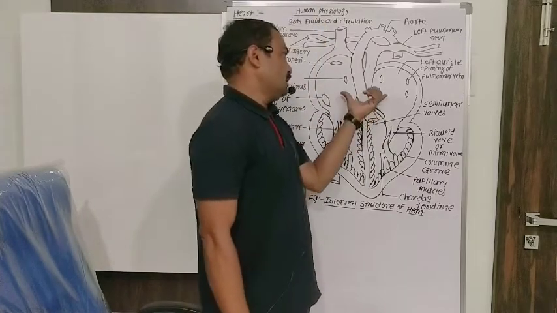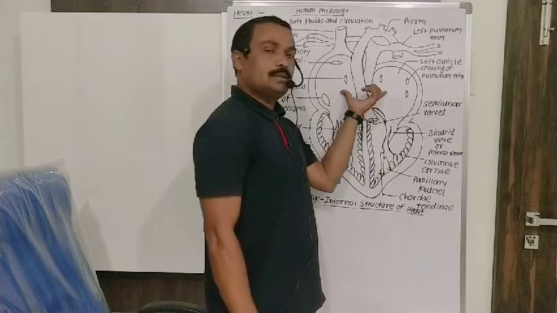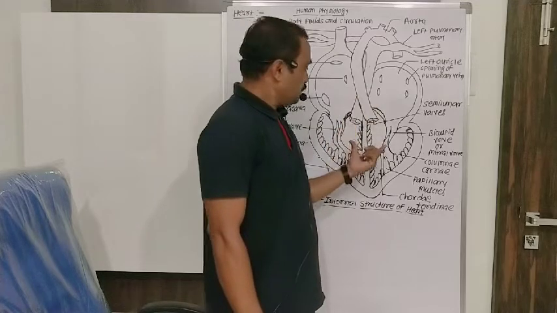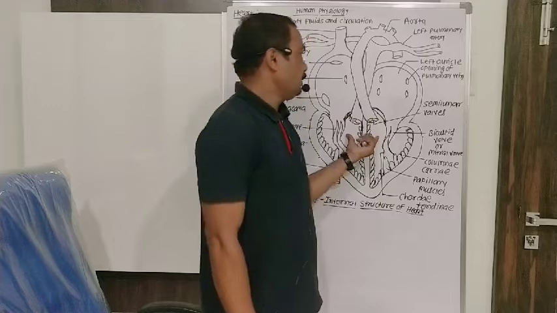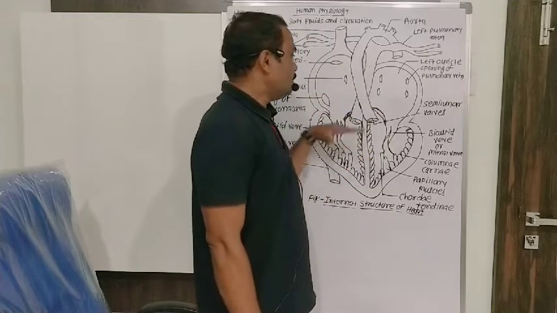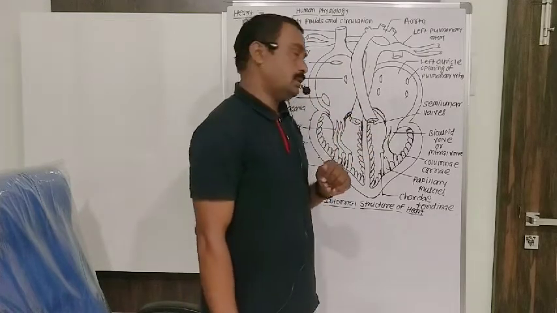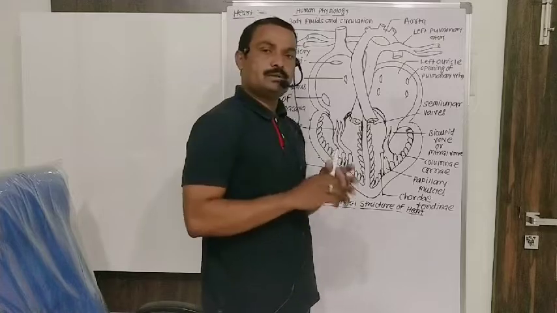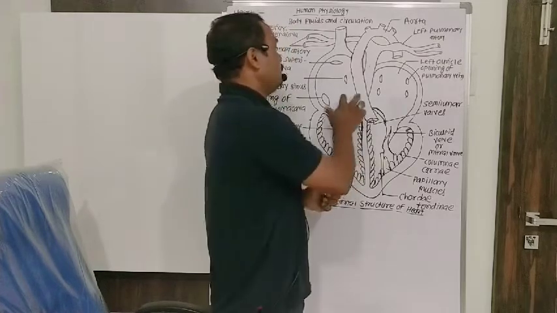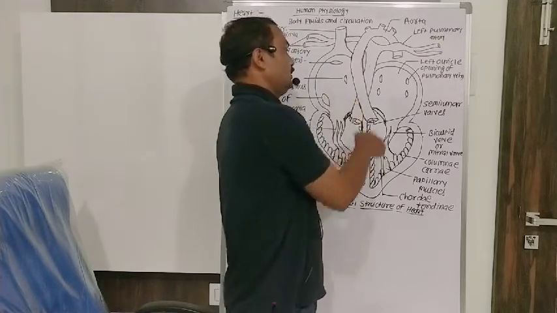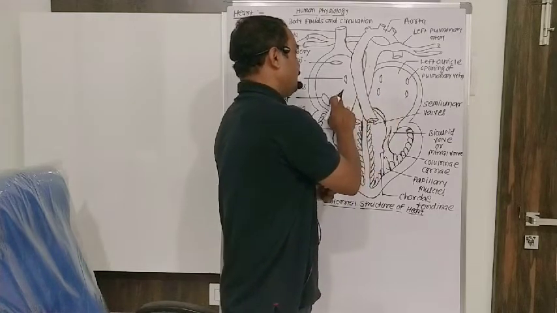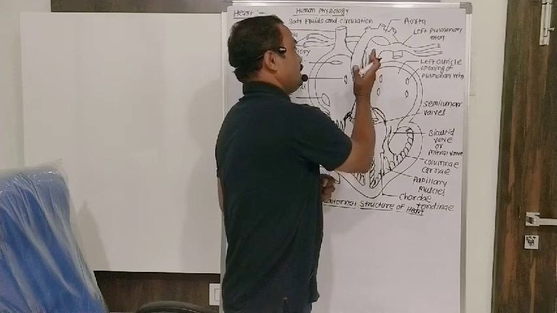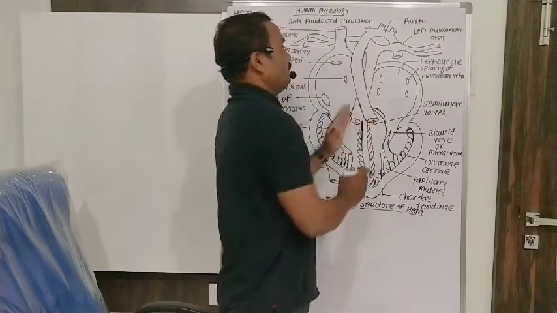That is, the anterior two chambers are auricles or atria. The posterior two chambers are called ventricles. Internally, all these chambers get separated from each other due to the presence of septums. Here, this one is the right auricle, this one is the left auricle. The right auricle and left auricle get separated from each other due to the presence of